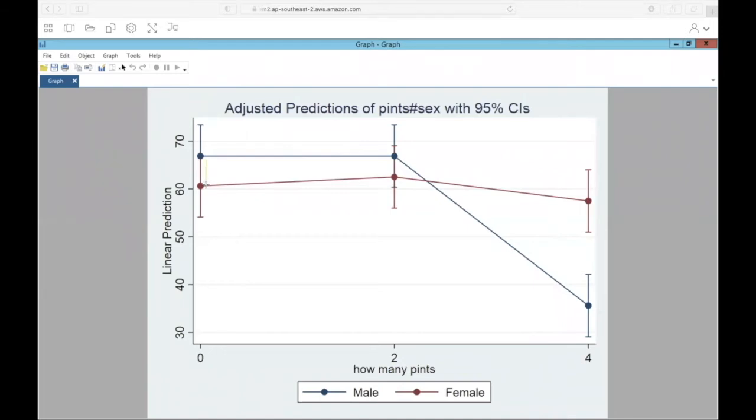Right, so we can see that males and females don't differ too much after having 0 pints. They don't differ too much after 2 pints. However, at 4 pints, it's very clear that men are dipping significantly after consuming 4 pints of beer. So, just by visualizing this really quickly, we can see that men at 4 pints are probably driving that interaction,